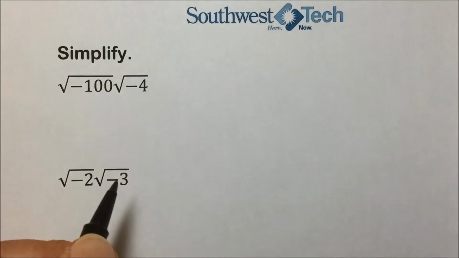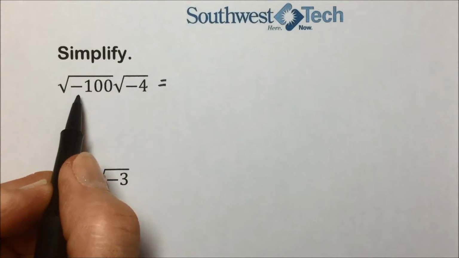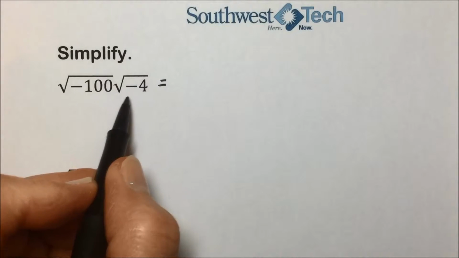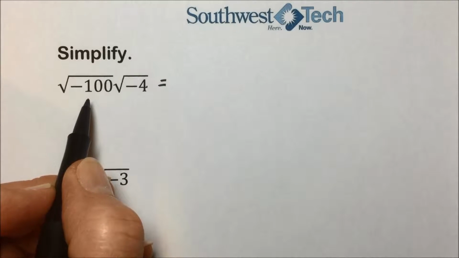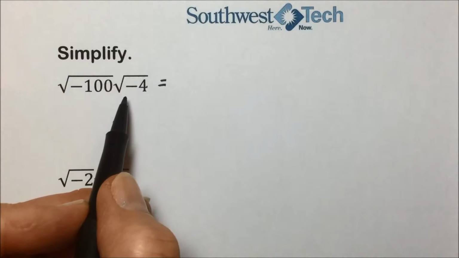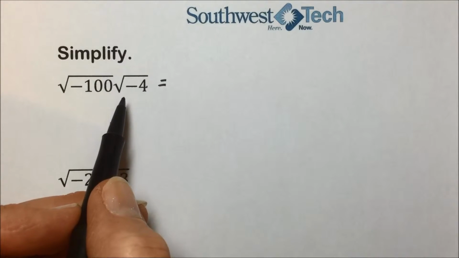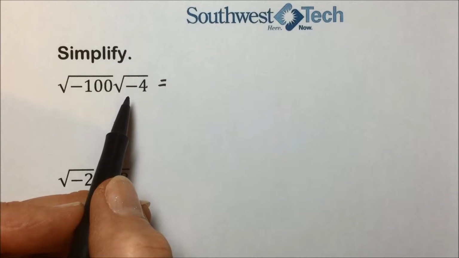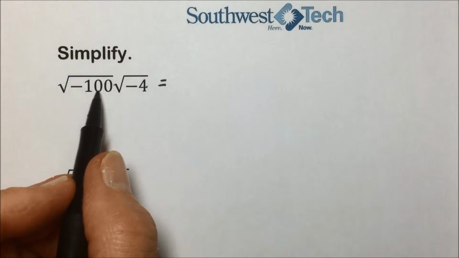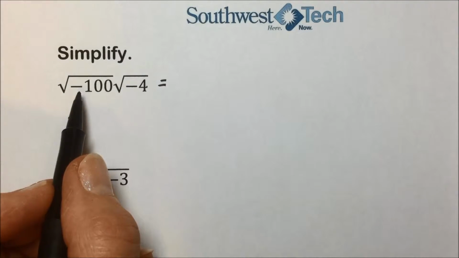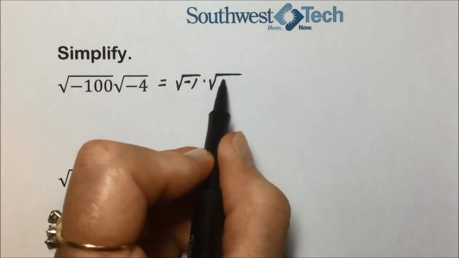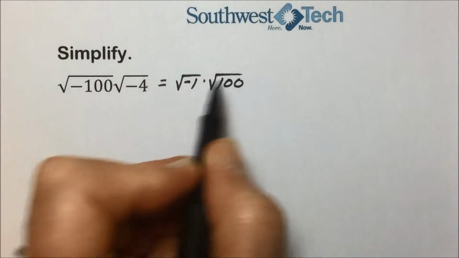So when we're looking at this first example, it might be tempting to take the square root of a negative times a negative is a positive, but this would be incorrect. With this in mind, when we multiply square roots of negative real numbers, we need to first express them in terms of i. So this first example would be the square root of negative 1 times the square root of 100